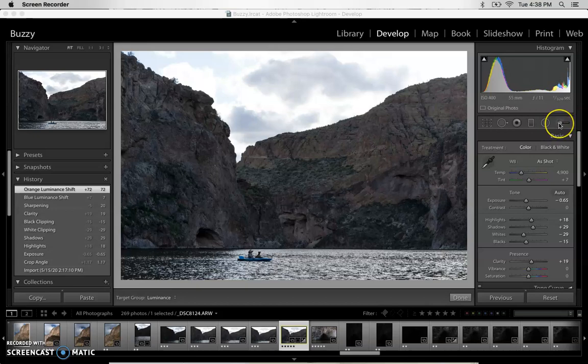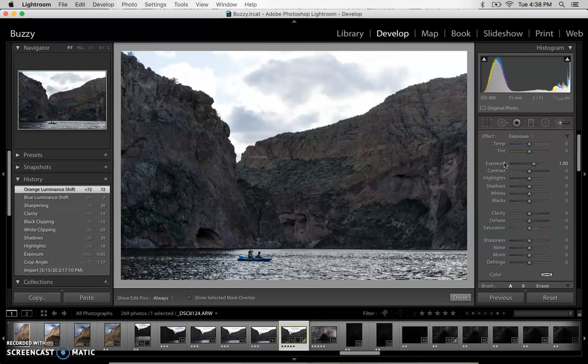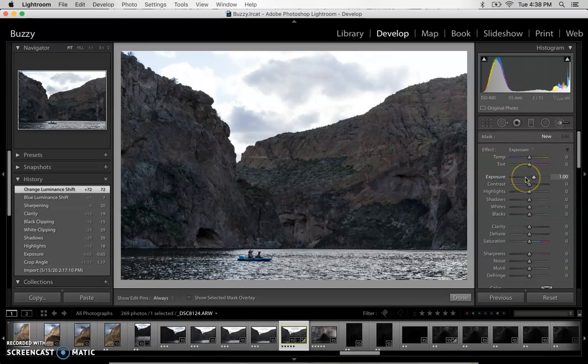So over here, your tool on the far right, which looks nothing like a brush, is the adjustment brush. So I'm going to select that. And this is all of the masking stuff. So this is all the stuff that we can change in a section of a photograph. We can have the sky have a different color temperature than the rest of the photograph. We could have the sky have a different exposure, different shadows, different whites, different blacks, different clarity, all of this stuff. That's pretty powerful. So this is just like in Photoshop, you can do what is called making layer masks